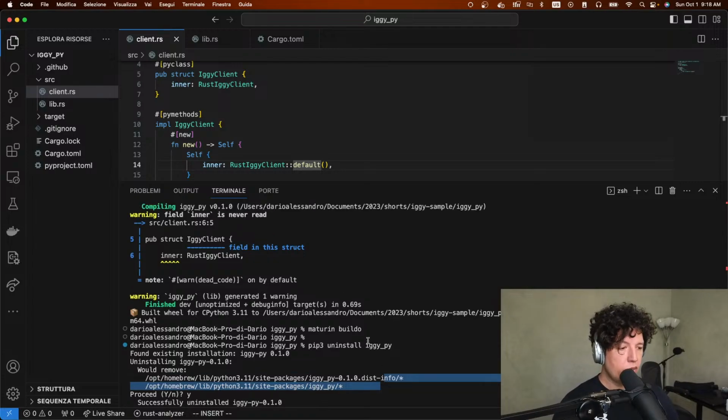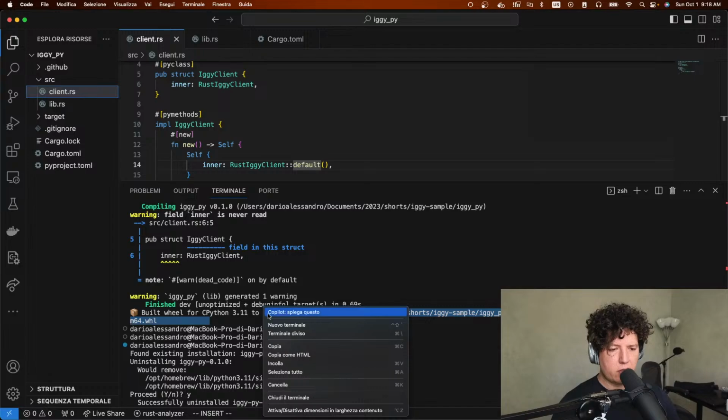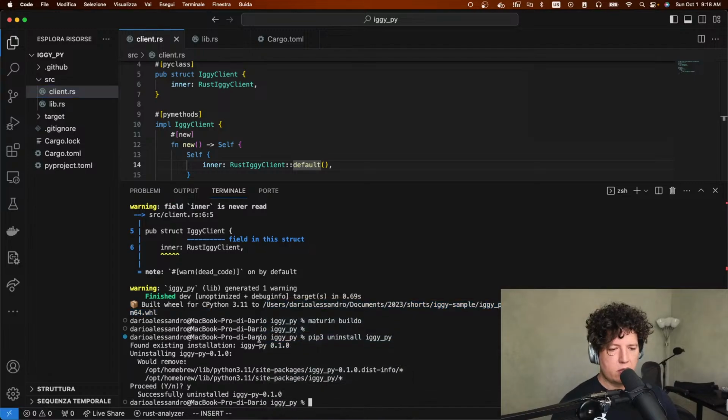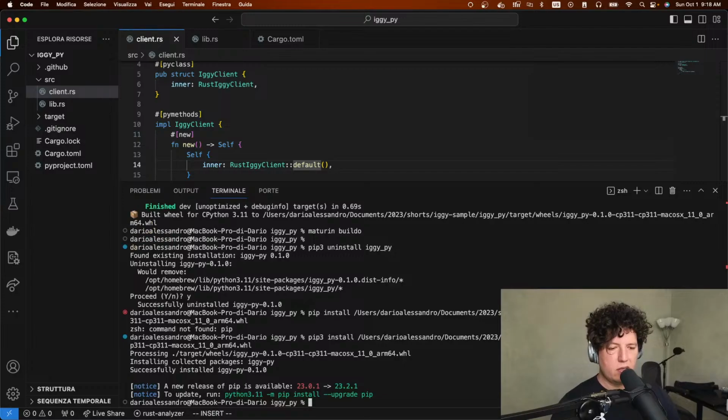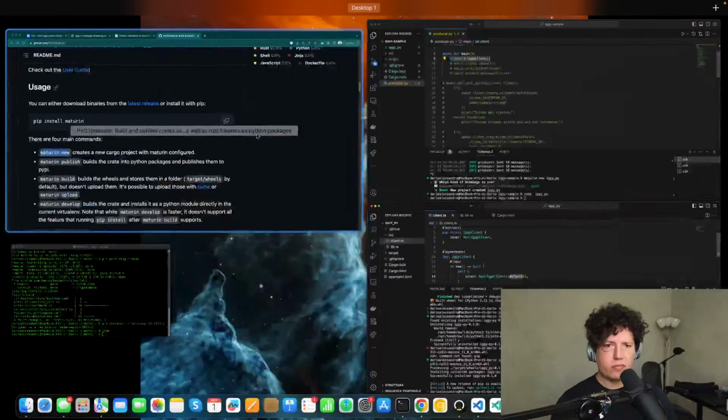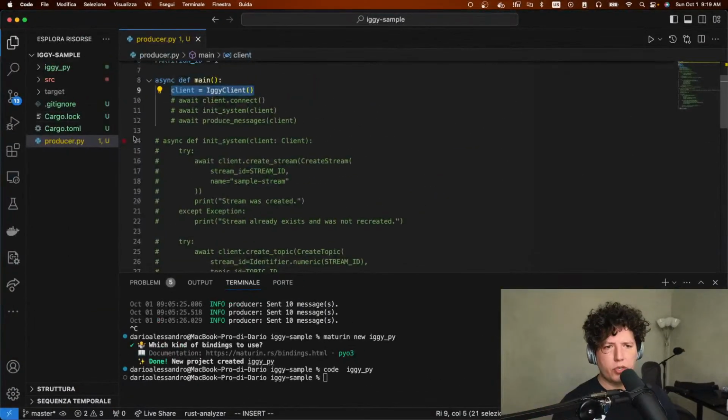Now we need to install this pip that we just built. So pip install, yeah, right, pip3. All right, sweet. So what we did is we created a Python wheel with our new Iggy client, and then we install it. So now if we go back to our producer,